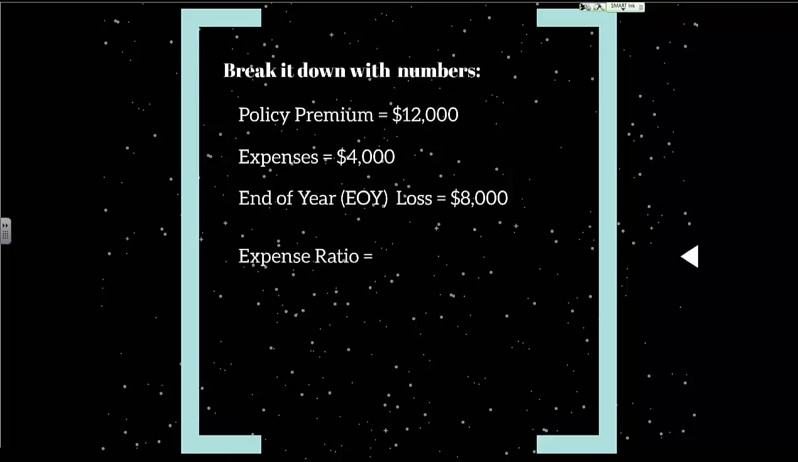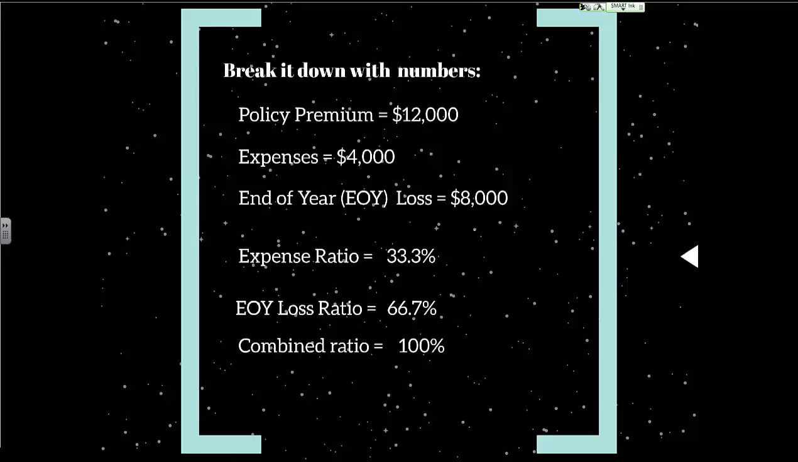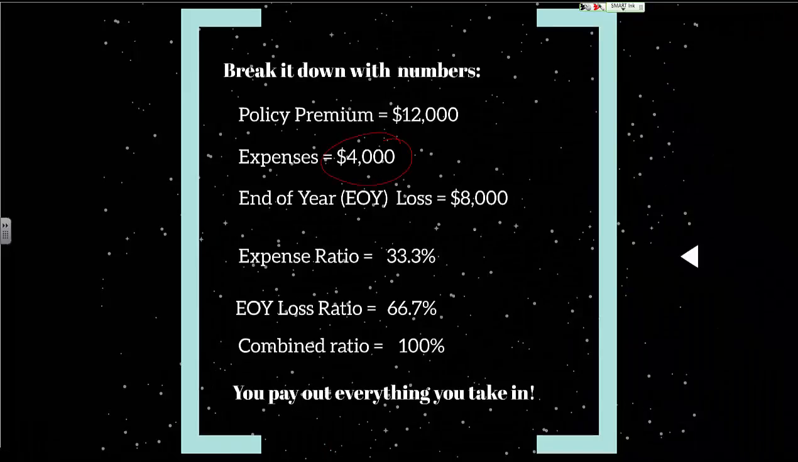So the expense ratio is $4,000 divided by $12,000, or 1/3, which is 33.33%. The end of year loss ratio is $8,000 divided by $12,000, or 2/3, so that's 66.7%. And the combined ratio is 100%, or 33.3 plus 66.7%. Again, you pay out everything you take in. And if you want to check the numbers, you see that 4,000 plus 8,000 equals 12,000, which is the policy